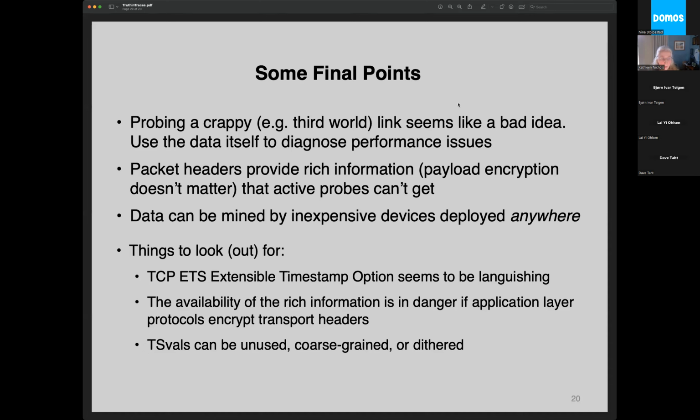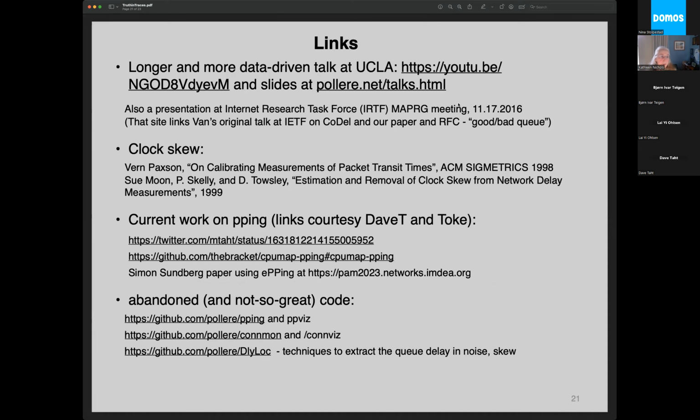And I just wanted to note again that timestamps can be unused, they can be coarse-grained, and they can be dithered, so they're not always useful, but you can usually find something to do a passive ping on. And this is just some links,